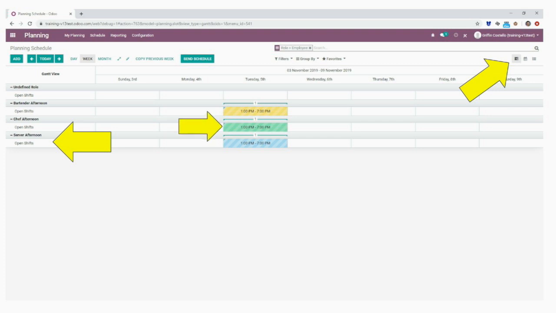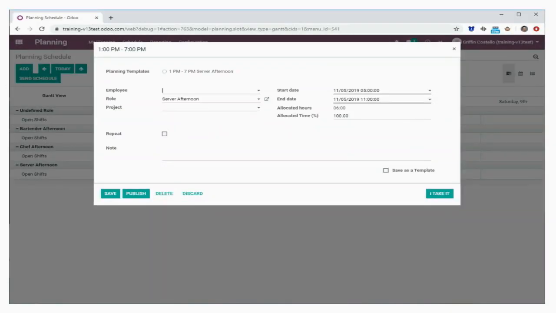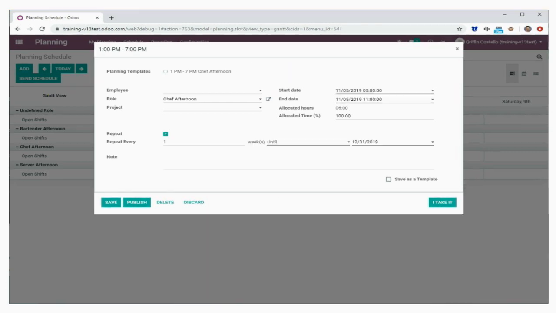Here's the open shift, and again, you see that it's got the marked lines on it, indicating that this is not assigned to any of my employees. Once I send that schedule out, they'll get a notification in their email saying, here is your new schedule for the week. So when I now actually assign that to a specific employee for that afternoon role, excuse me,